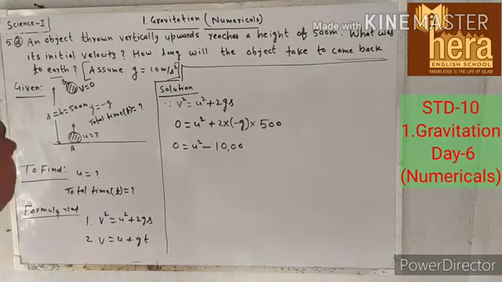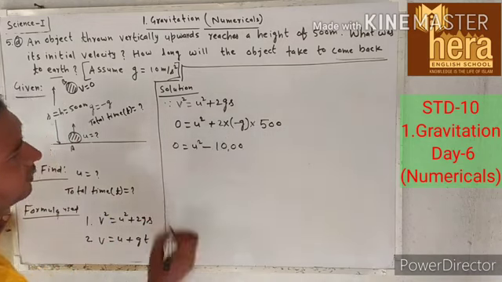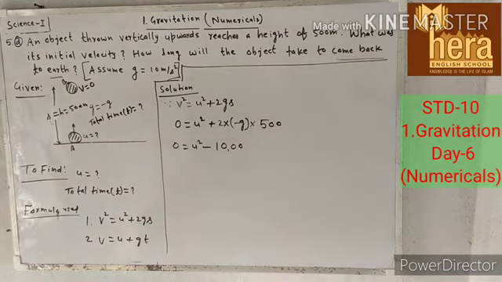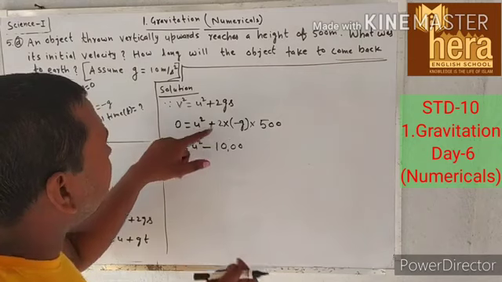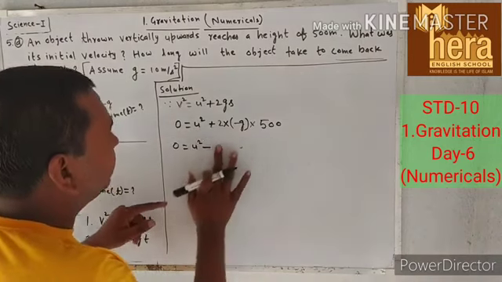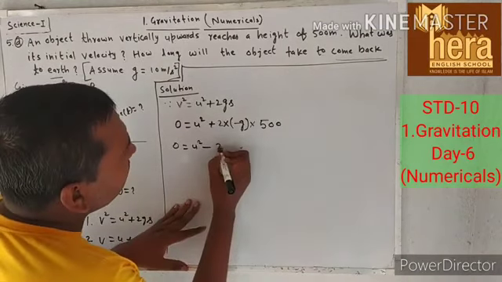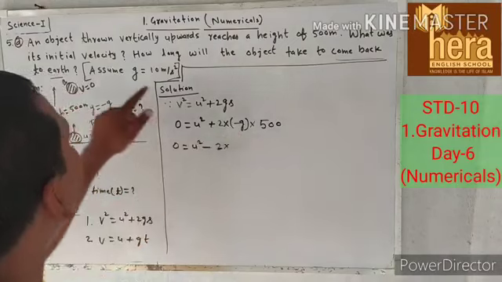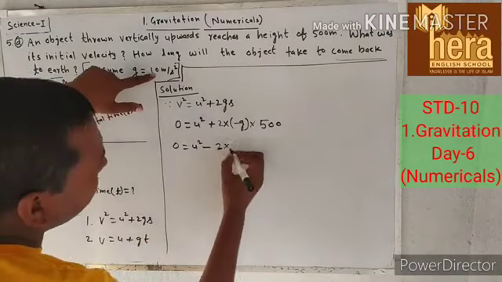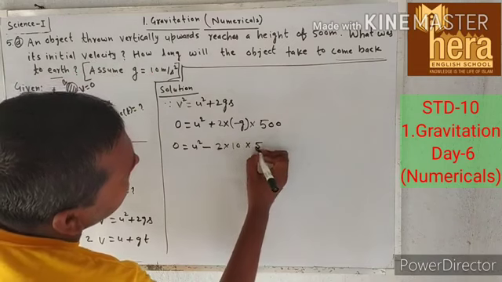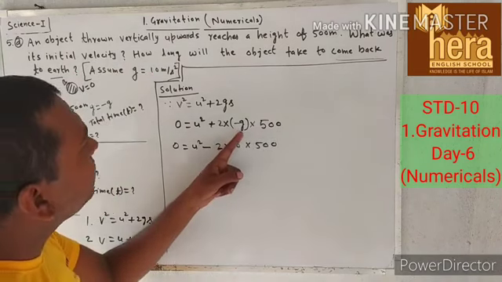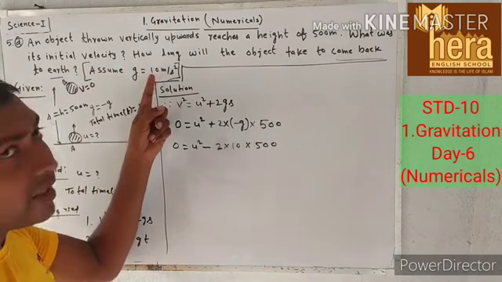This is, yes, therefore, just a second. See, u square into plus into minus, then 2 into g. We have to assume g is equal to how much? 10. So right here 10 into 500, because these we have to consider 10. Okay, 10.